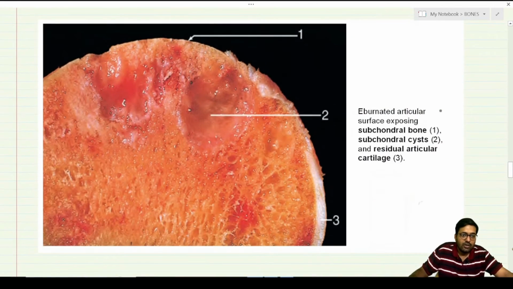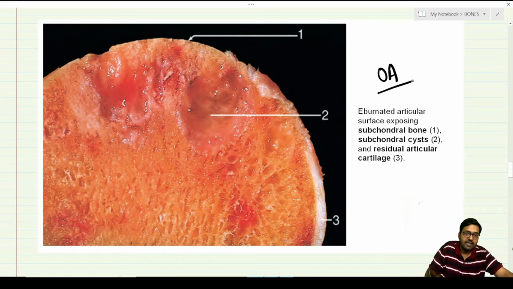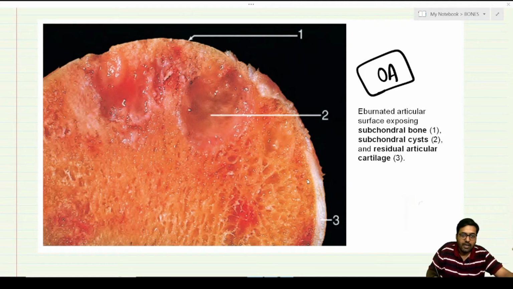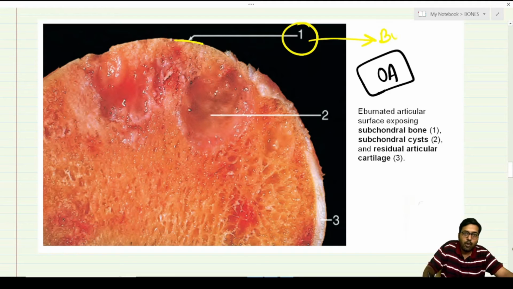Okay. So this is a diagram. This is the diagram of osteoarthritis that we can appreciate. This is the gross diagram that we can appreciate in this particular diagram. So let us try and understand over here the different kinds of surface. The number one surface that is outlined over here, as we can appreciate, is the subchondral bone. This is the bone which is the